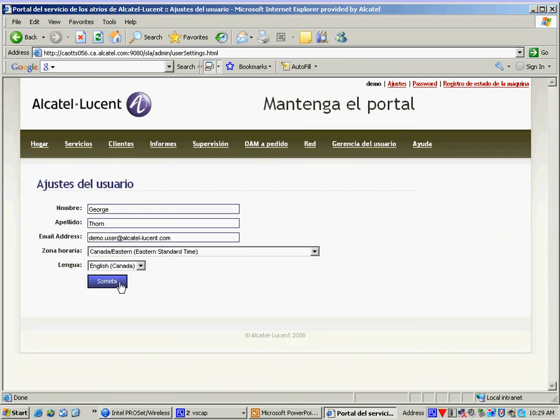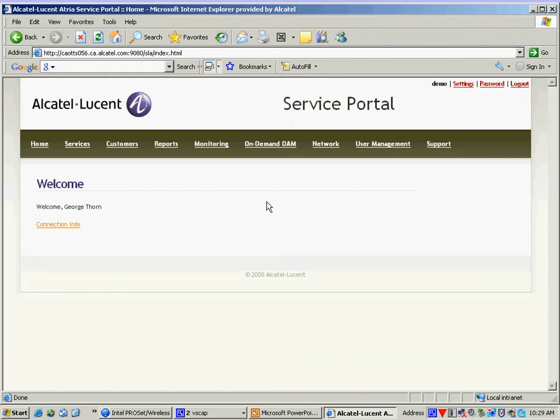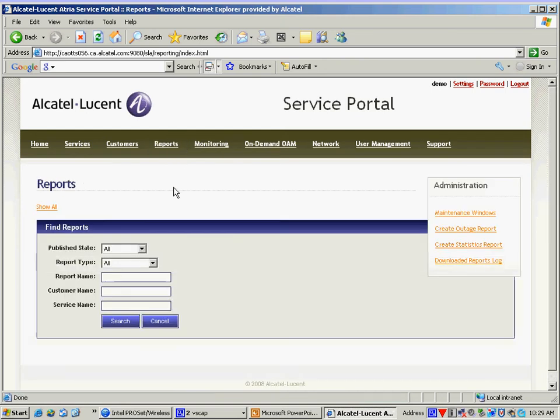These are the maintenance windows I was talking to you about. There's outage report, statistics report. So basically there's different types of reports you can offer your customer. Let me just show you one more. I'll show you a report where we collect all the stats on a given ingress egress. Let's pick outage